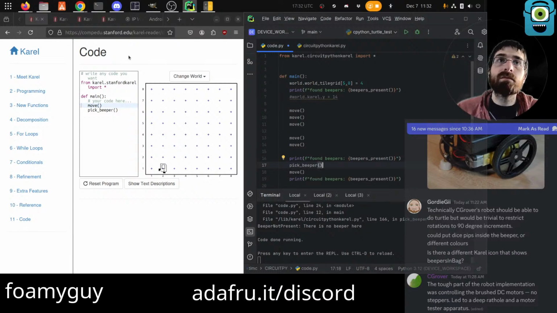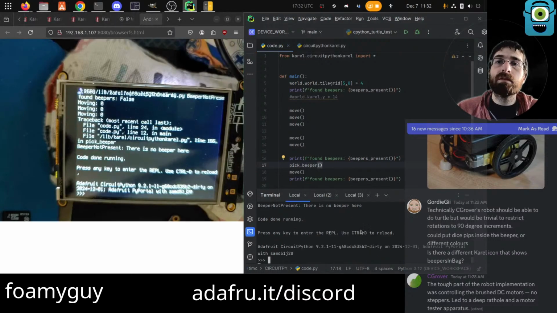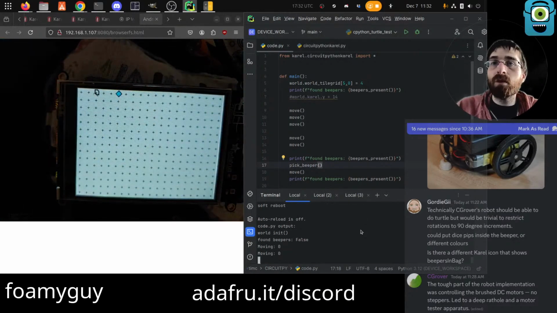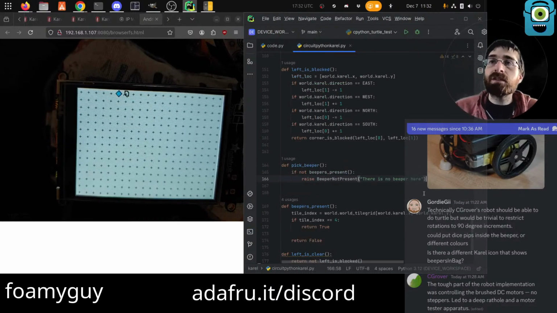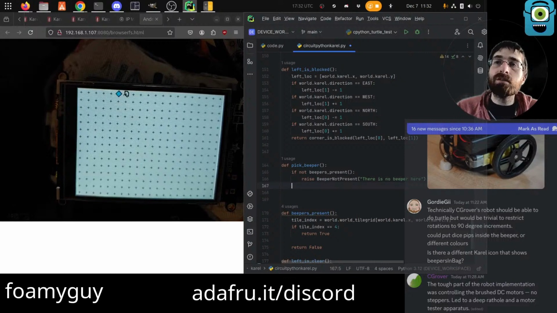So it won't do anything, but it should not raise the exception. Cool, okay. No exception. So then what we want to do is, if we get past here, we know that there was a beeper present, so we can say